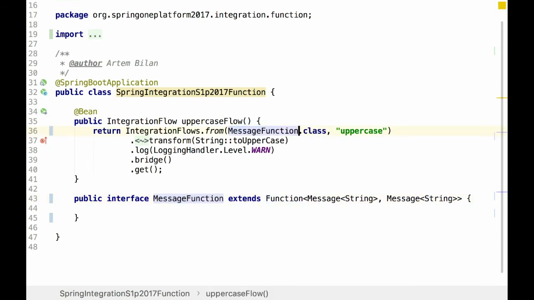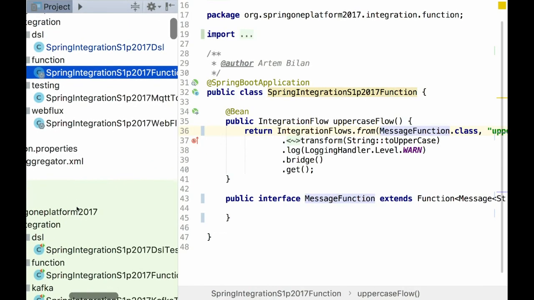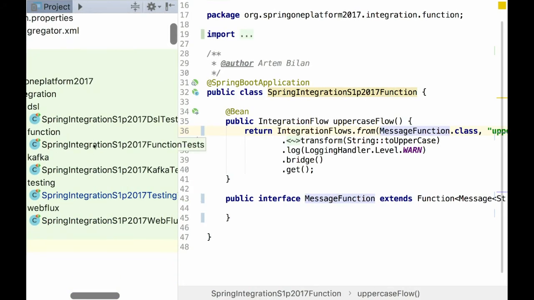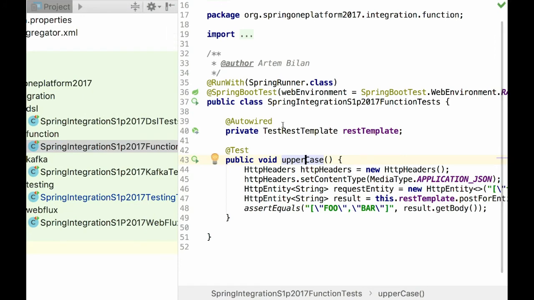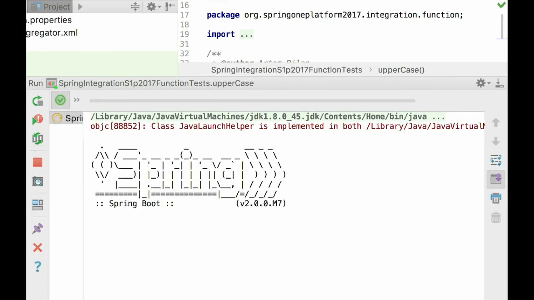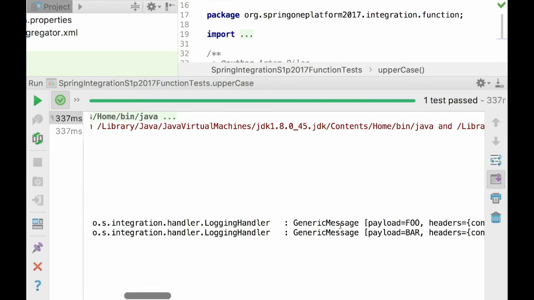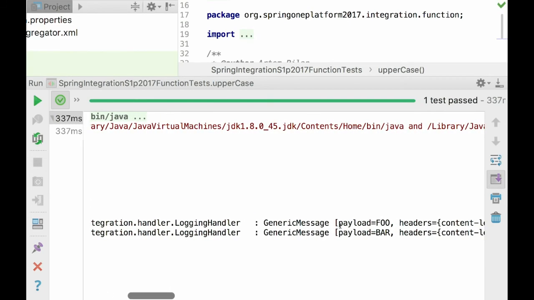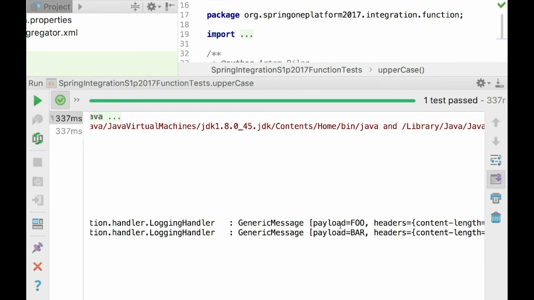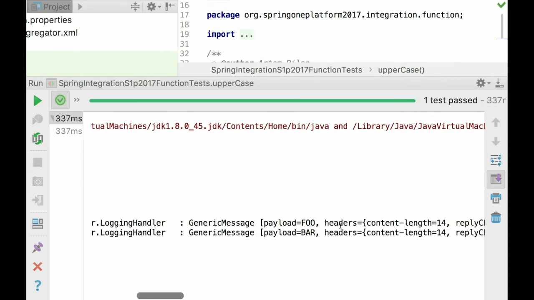So this custom function I can insert here, and when we run the test again, we will see some extra headers, just because Spring Cloud Function is very smart, and it understands my generic types and wraps each event of the Flux into a message.